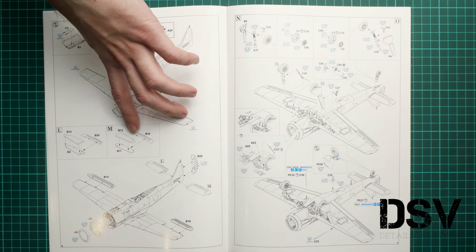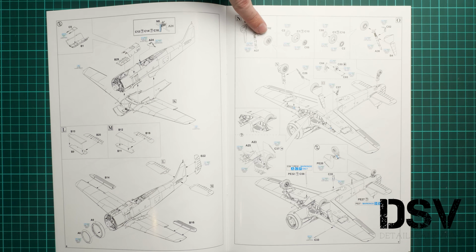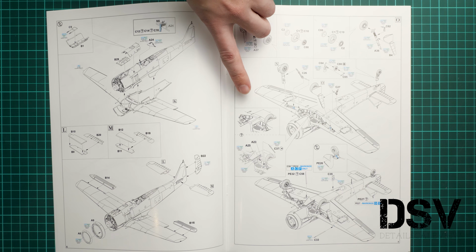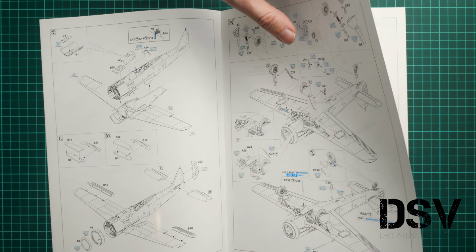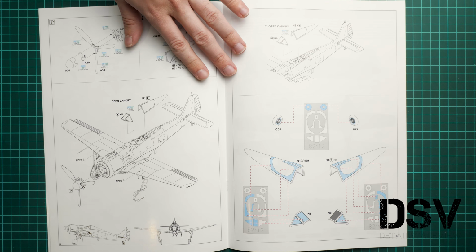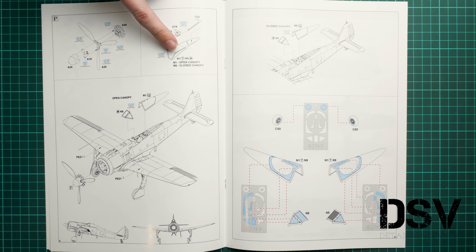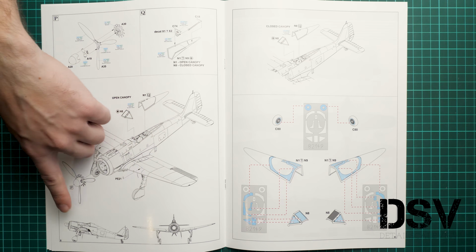Next we continue with tail wings, elevators, rudder, and frontal cowling sections. Here you can see landing gear assembly. And next there are some minor things getting installed into the main wheel wells. Of course, pitot tube is molded separately, so be sure not to break it. And next we have propeller assembly, canopy here. And note that there are different parts to be used for the closed and open version, so pay attention to this. And next we have alignment guide, because